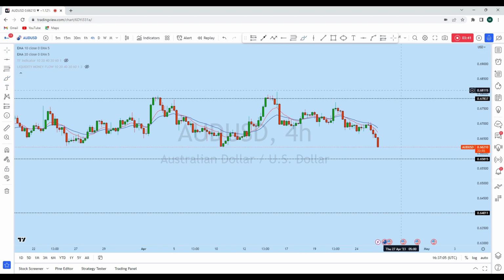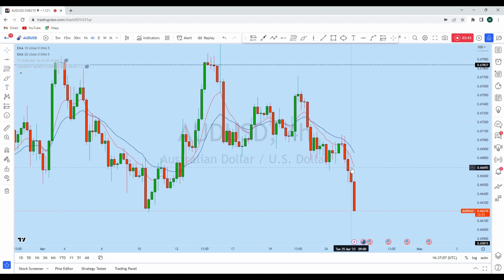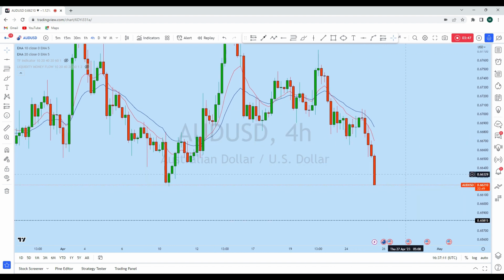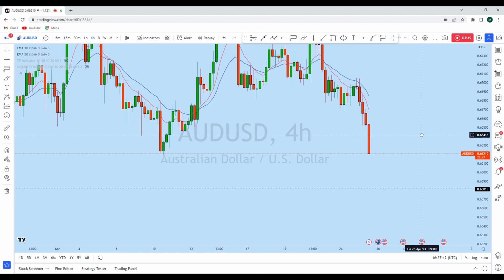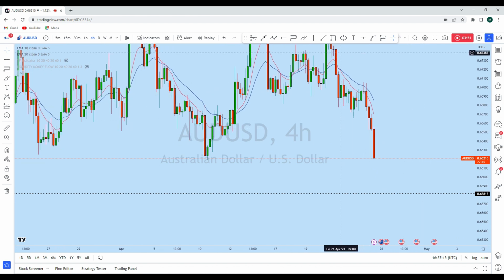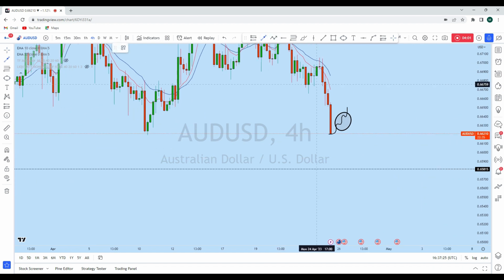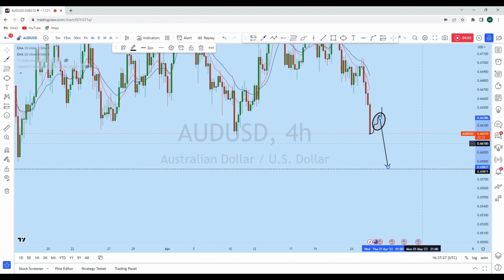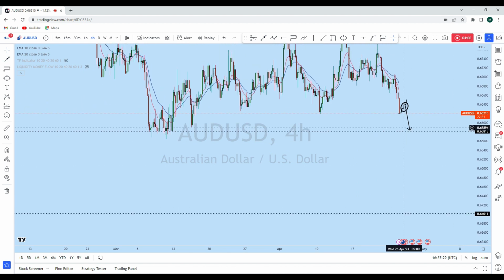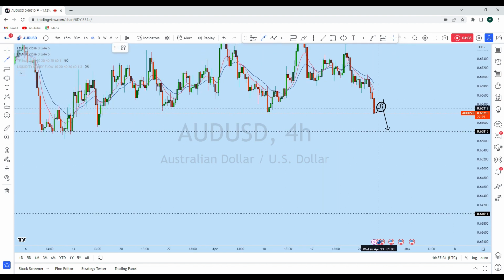As you can see, there was a middleman formation early today, and this is where we entered a sell trade which is still running in profit, and we will be waiting for another entry opportunity. Now, we are expecting the news announcement to give us some kind of pullback to the upside on the lower time frame. As soon as we find that, according to the rules of our strategies, we will consider going short on AUD USD to take this move to the downside with a high probability trade setup with